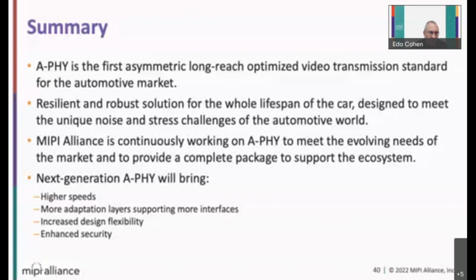This will come, as we said, also with adaptation layers and other frameworks like security and functional safety. The next generation A-PHY will bring higher speeds, more adaptation layers supporting more interfaces, increased design flexibility, and enhanced security.